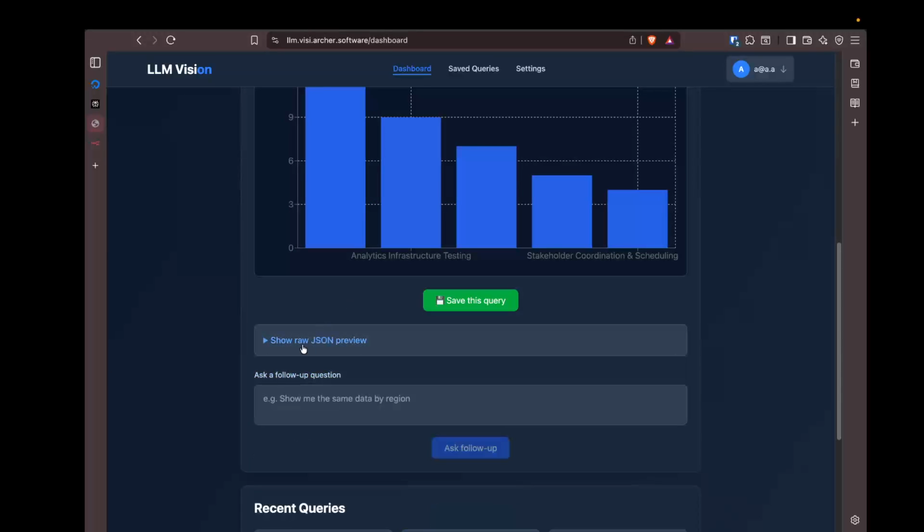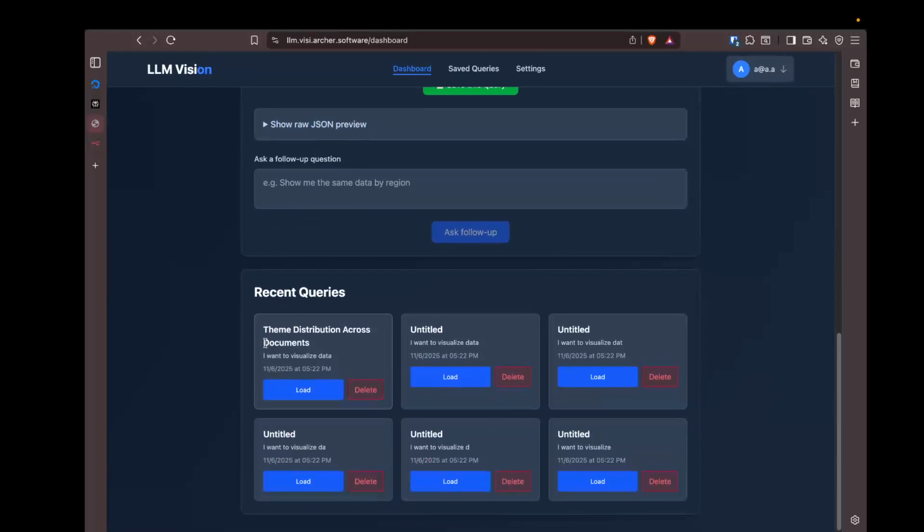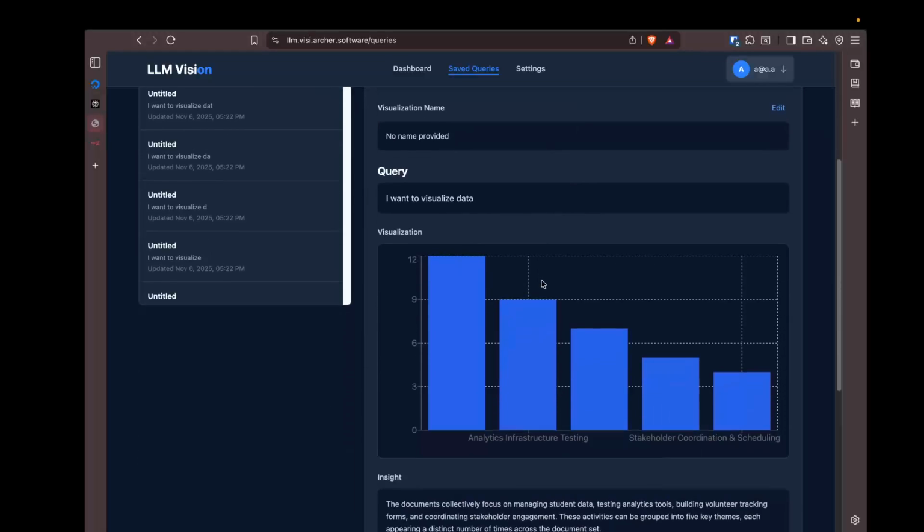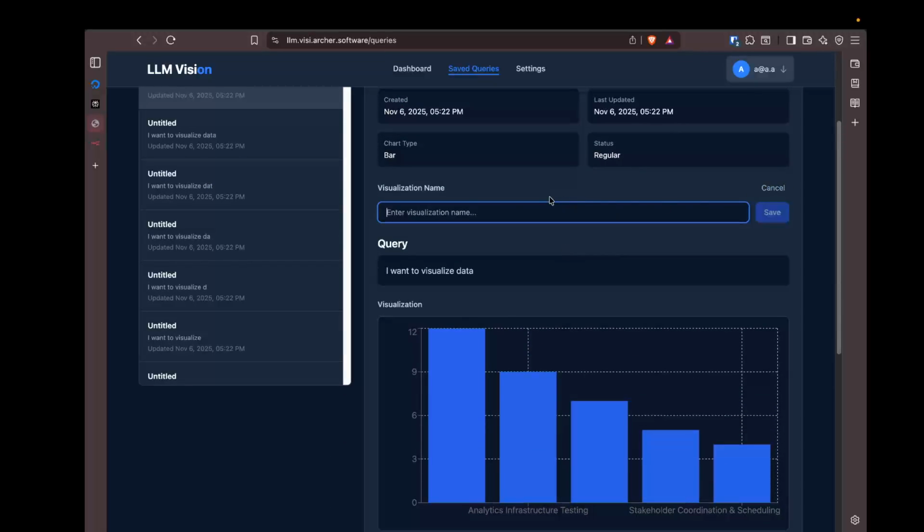That's for me. You can also ask follow-up questions, and we use the AI to also come up with a name and a description of our query. And that allows us to look inside of saved queries and view it. Now, we can name this visualization, for instance, demo,